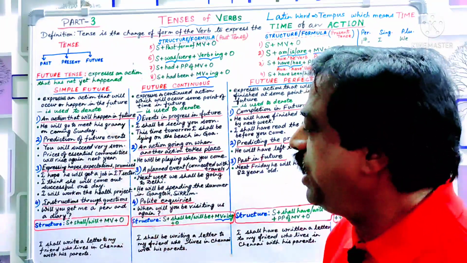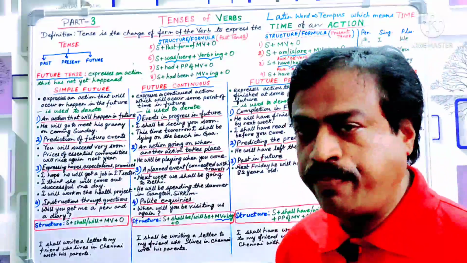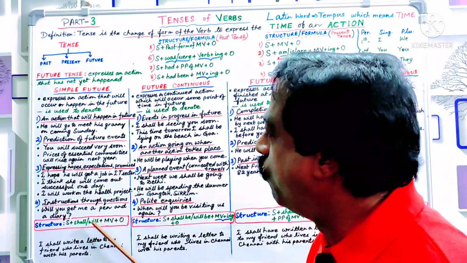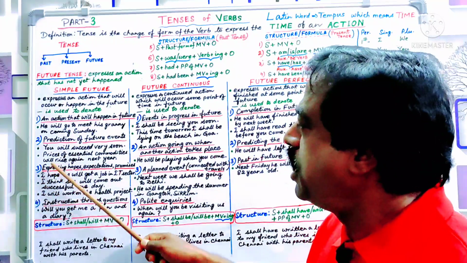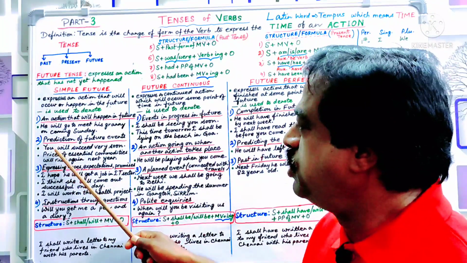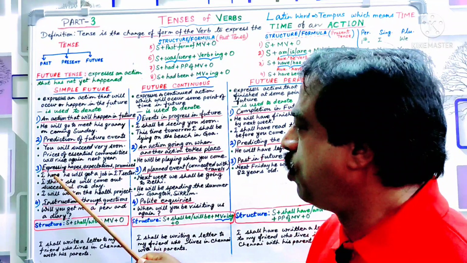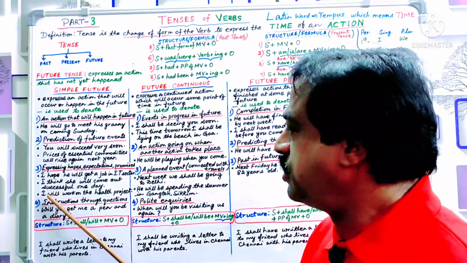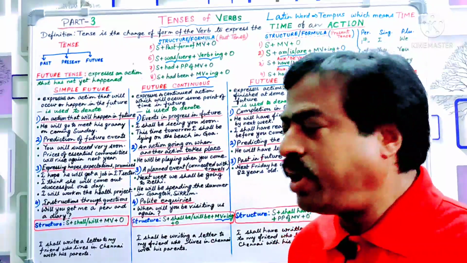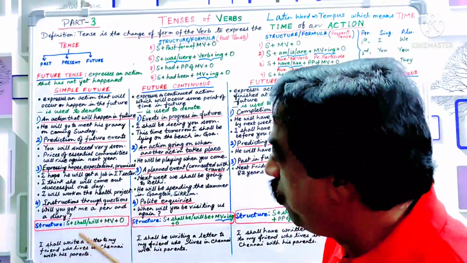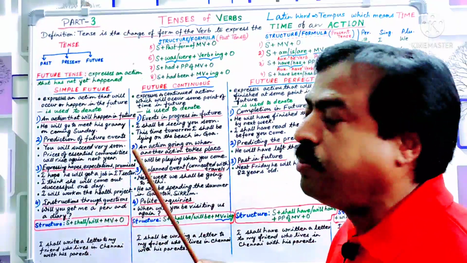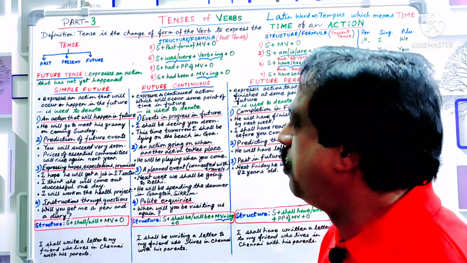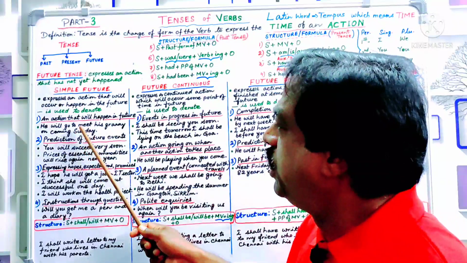Now I want to show the structure of the sentence of simple future. Here you see subject followed by shall or will. Everywhere you will see the subject followed by shall or will, and then it will be the main verb that is written. You see the main verb here is meet,